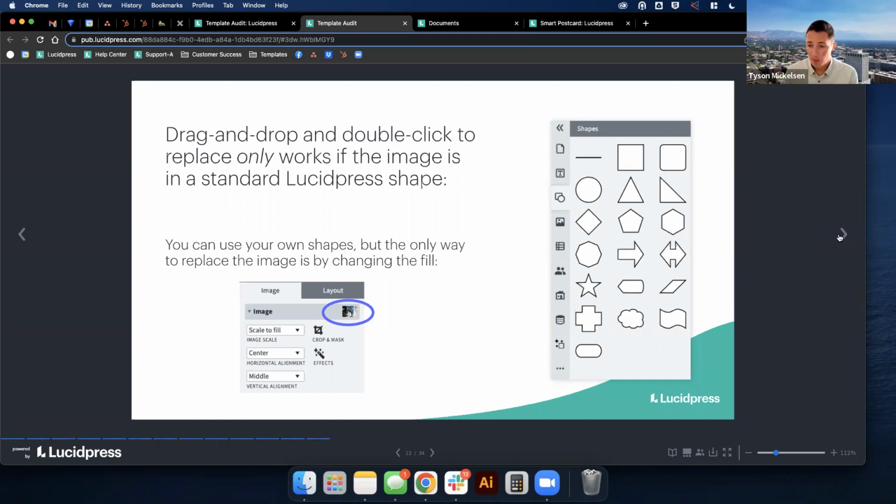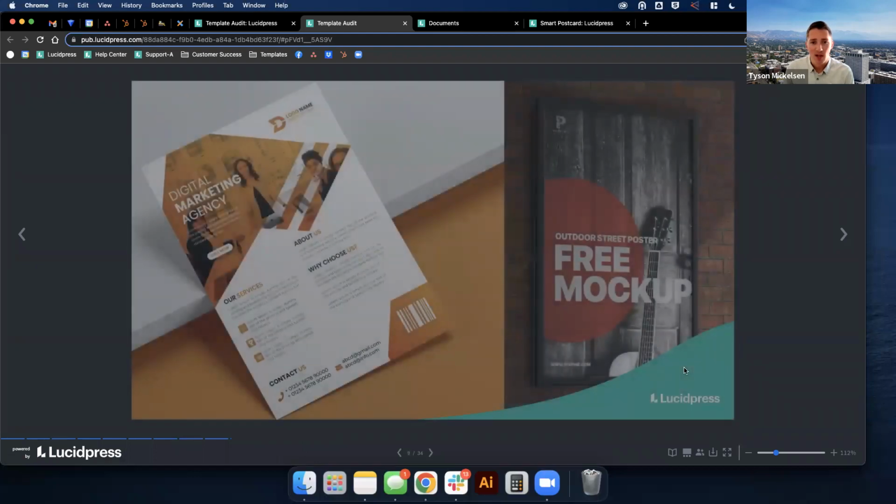In Lucidpress, if you have a template set up and you want someone to be able to replace an image, drag and drop only works if the image is one of our standard shapes. So if you click on our shape library, here's all of our standard shapes. They can drag and drop and it will work in any of these. If you have some sort of very custom swirl where the image is inside of it, if we go back to maybe some of these other examples,